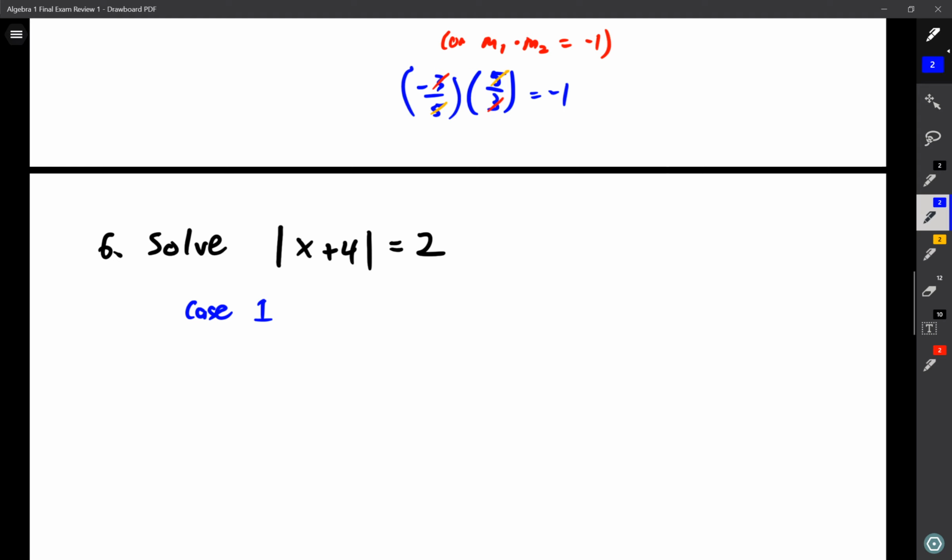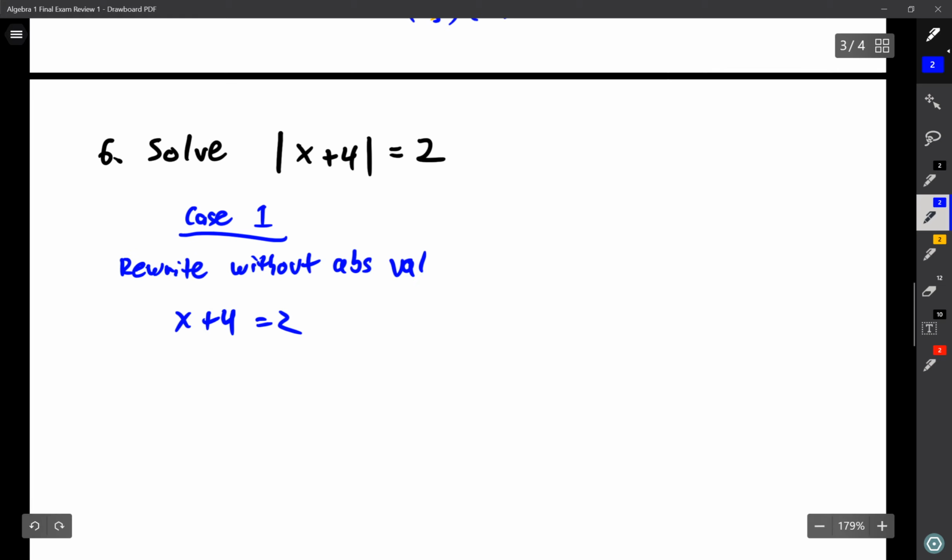Okay, case 1. What we do is we just rewrite the equation without the absolute value. So that just gives us x plus 4 equals 2. So we solve by subtracting 4 from both sides, so we get x equals -2. So that's one solution. And then case 2,